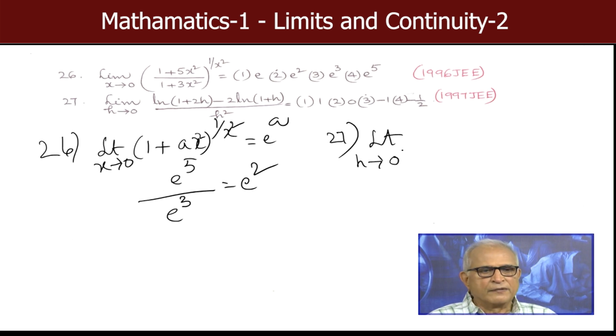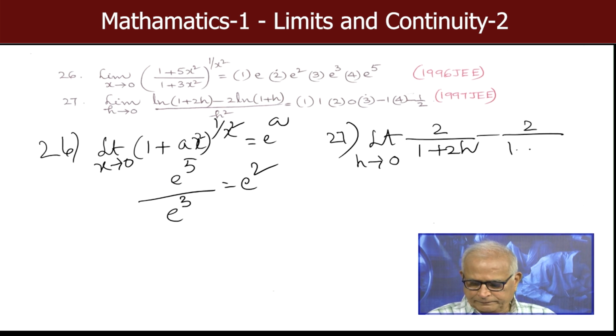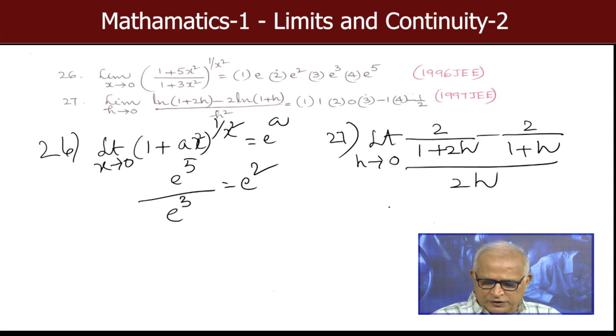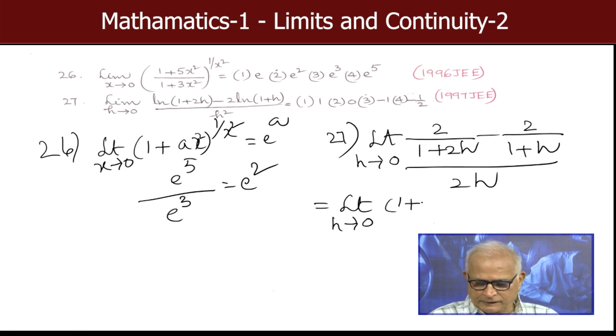So this is 2 by 1 plus 2h, that is the derivative of natural logarithm 1 plus 2h, minus 2 by 1 plus h by h square, derivative of h square is 2h. Well, 2 can be cancelled throughout numerator and denominator, and this is 1 plus h minus 1 plus 2h by 2h